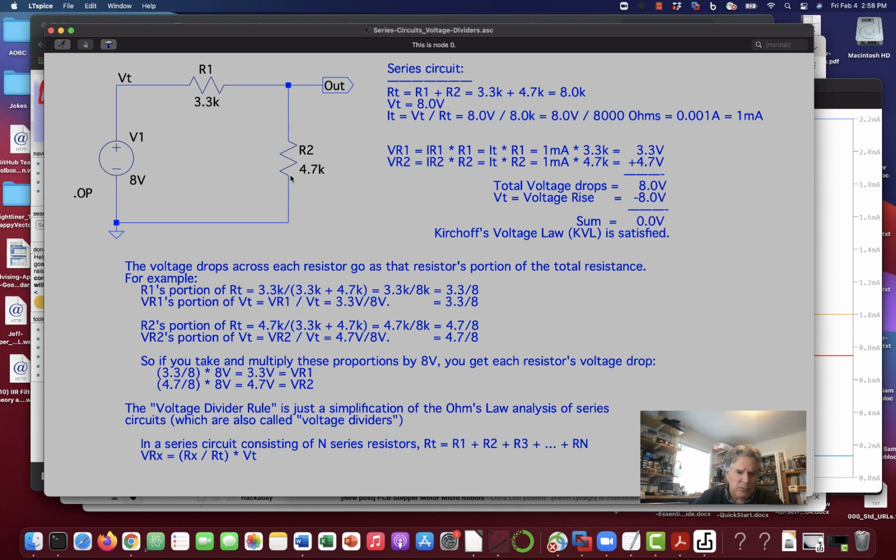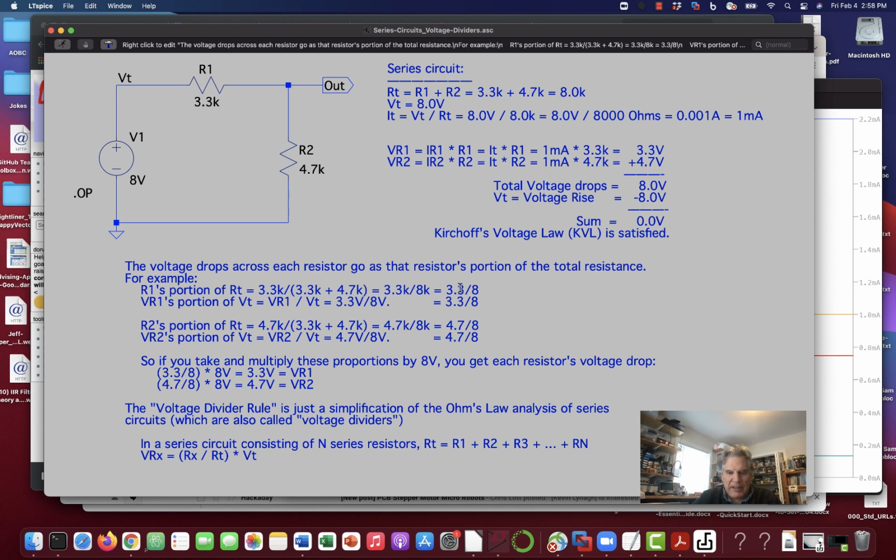This guy's a little bit more than half the total resistance, so he's going to get a little more than half the total voltage. This guy's a little less than half the total resistance, so he's going to get a little less than half the total voltage. So if you take R1's portion of R total, 3.3 over 3.3 plus 4.7,